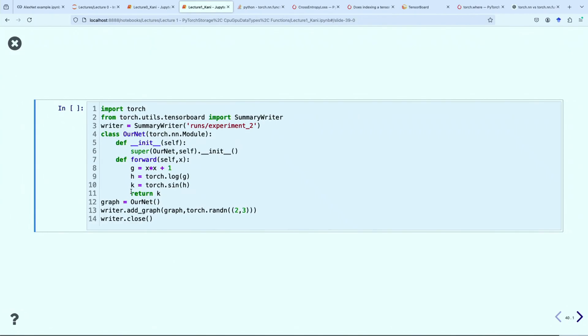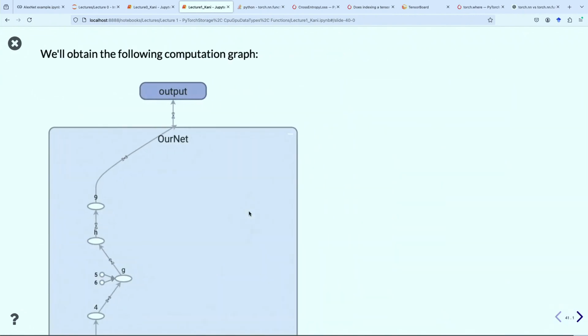So again, going back to our example of sine of log of x squared plus 1, we could go here and define a new activation function, which is simply g is equal to x squared plus 1, h is equal to log g, k is equal to sine of h. We graph our net and write it to our file, and then we use TensorBoard to view our file, and like so,